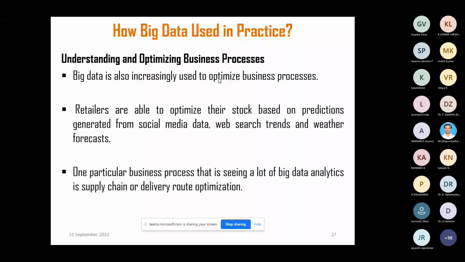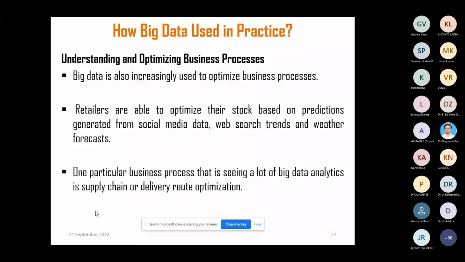So they have to develop a prediction model from different sources of data, and decide how much stock they are supposed to maintain. This big data could very well help them maintain the supply chain with respect to these retail markets. And interestingly, it will also say what is the best route by which the product can reach the customer. So this is also being done in terms of prediction. This big data technology is being used to understand, and of course to develop a prediction model to take decisions.